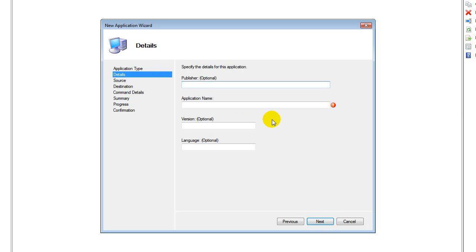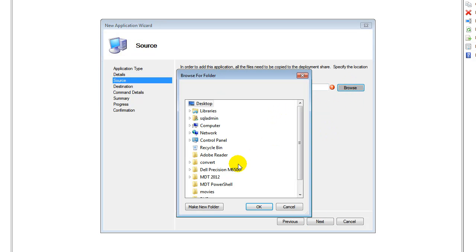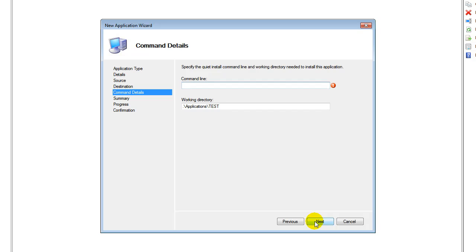Hit next. Give the publisher a name, application name, version, and language. The first one and the last two are optional. So let's give the name as test. Hit next. Select the source files, or wherever the files are located. You hit next. If you want the directory to be called that, hit next. If you have a command,